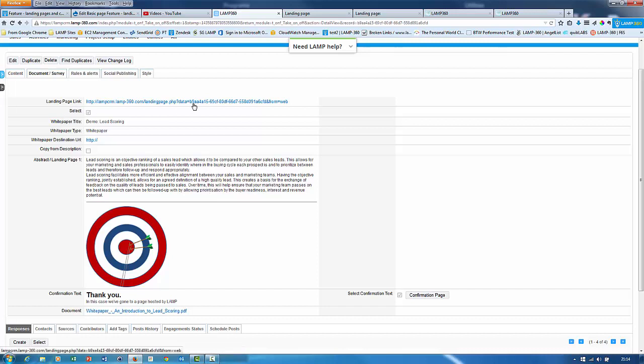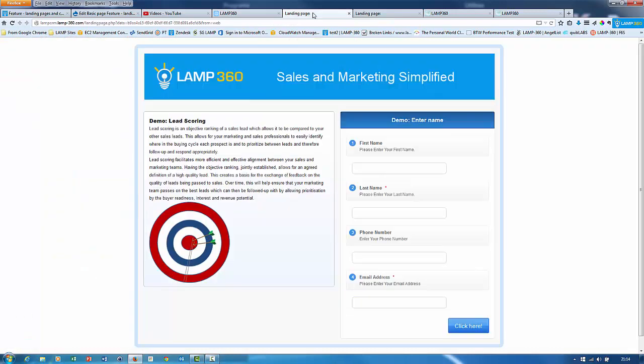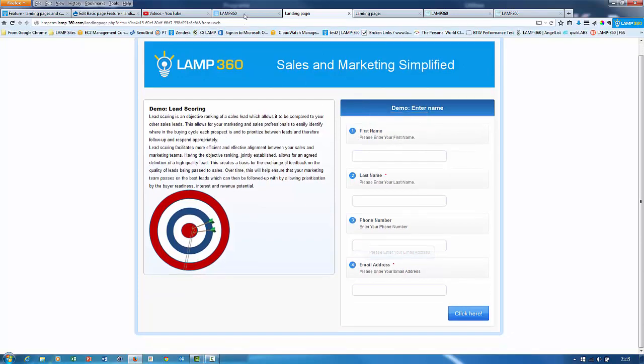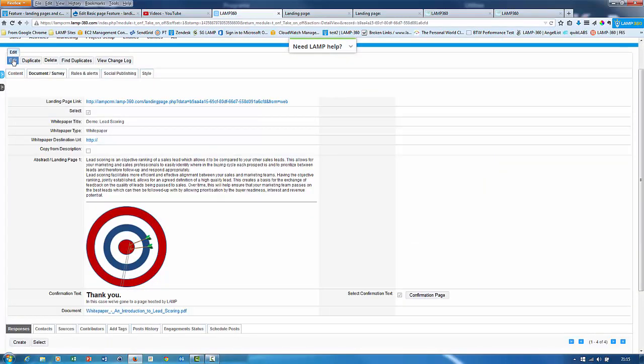landing page. And very quickly, in this case, it's a fairly simple form, where we've got a banner area, we've got some text, HTML with an image in this area here, and we've got a series of questions and a call to action button. So if I look at this